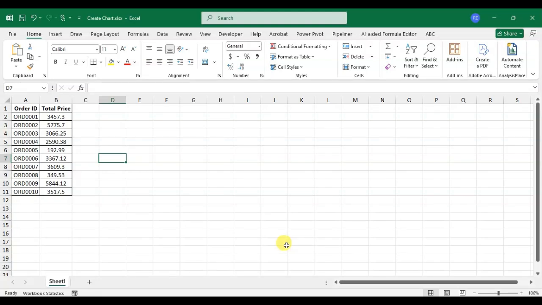Hello everyone, in this video we will learn how to create a 2D column chart in Excel. So let's start this in my Excel, and here you can see I have data: order ID and total price. So to create a 2D column chart, simply select the data. You just drag with the mouse and select